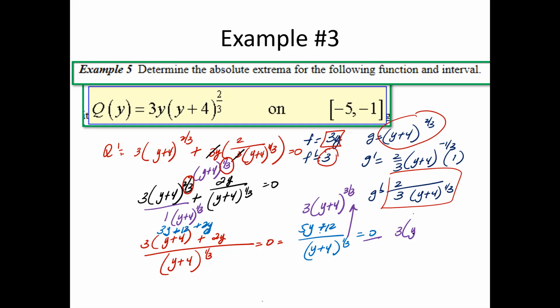I have 3y plus 4. If I bring that up, it's going to be a minus 1 over 3, which is going to be a 2/3 equals 0. Okay, that works. Divided by 3 on both sides, I have (y+4) to the 2/3 equals 0. Now, to get rid of the 2/3, I would have to square root this side. So I have to not square root, cube root this side, and then